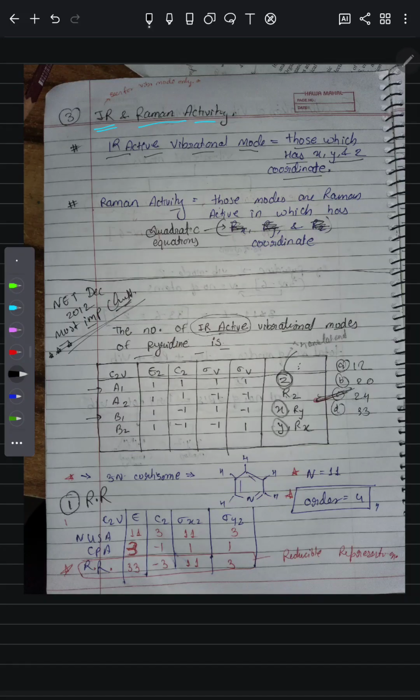Raman active modes are those in which quadratic terms are present. These quadratic terms, which are given in the character table, are Raman active. And if a mode does not have any x, y, z coordinate, it is IR inactive. Again this one has it, and this and this have it. So the total number of vibrational modes can be calculated by